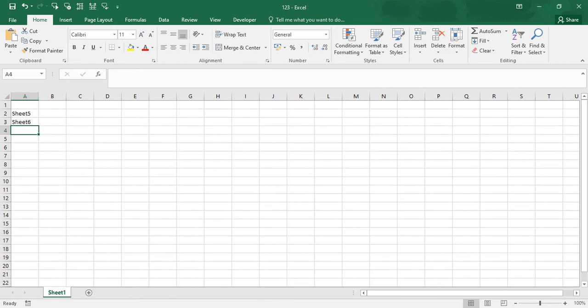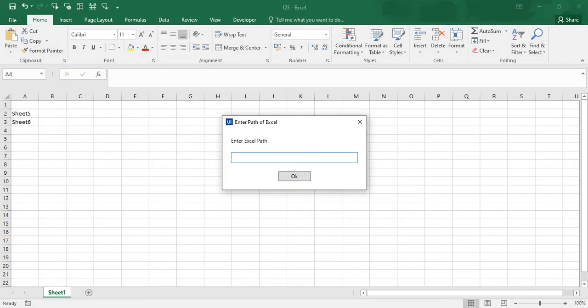So I'm going to specify the Excel path, where the Excel is located. Here I have pressed Ctrl+I, and I need to pass the Excel path.